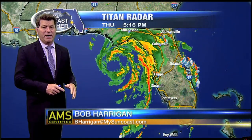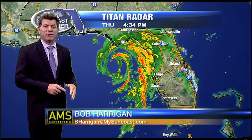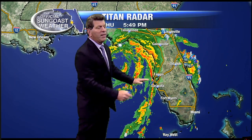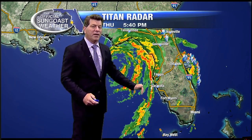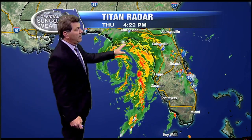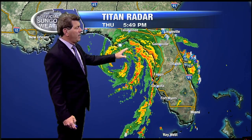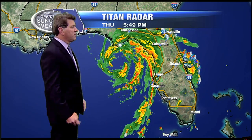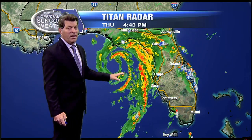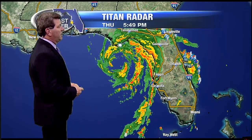We've got another high tide at around 2 a.m., which is another 2 feet added to that. And on top of that, our winds will start to be more southwesterly, and that will cause that water to really pile up here along the coast. So the surge could be an issue for us. It's going to be up to 8 feet over parts of the Big Bend area and places to the east. 8-foot storm surge anticipated. That's as much as Hurricane Charley generated down into the islands there as it made landfall